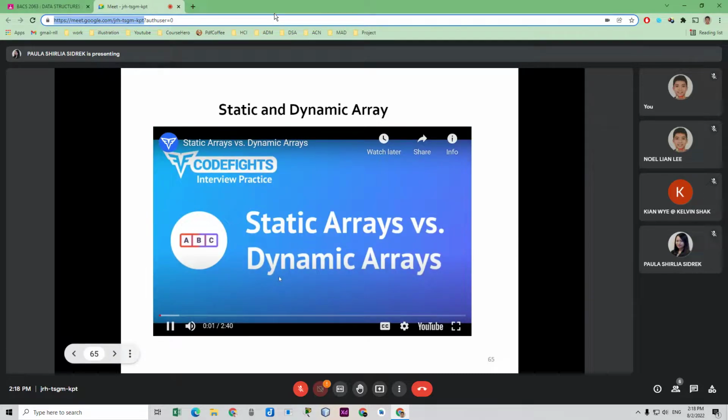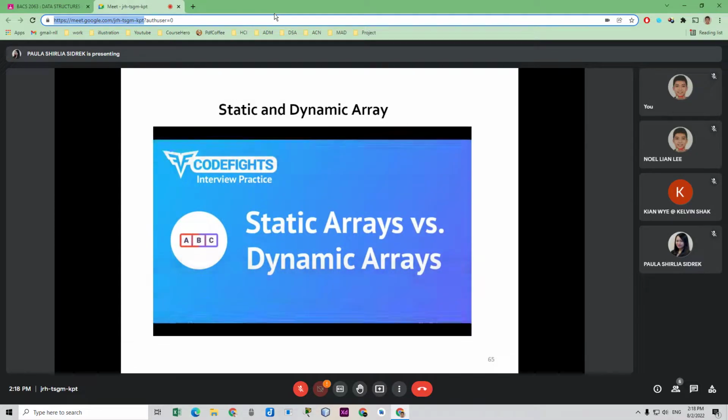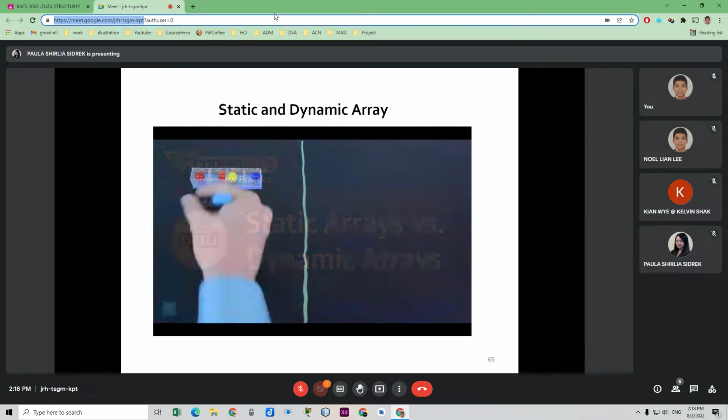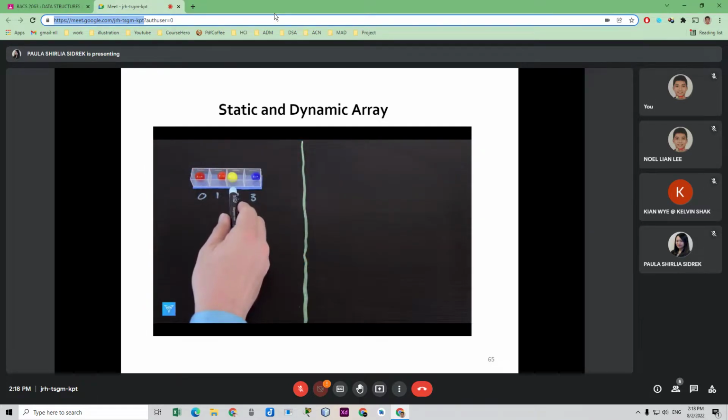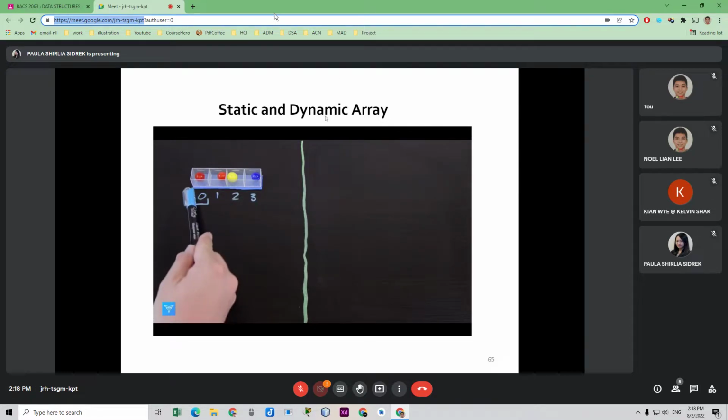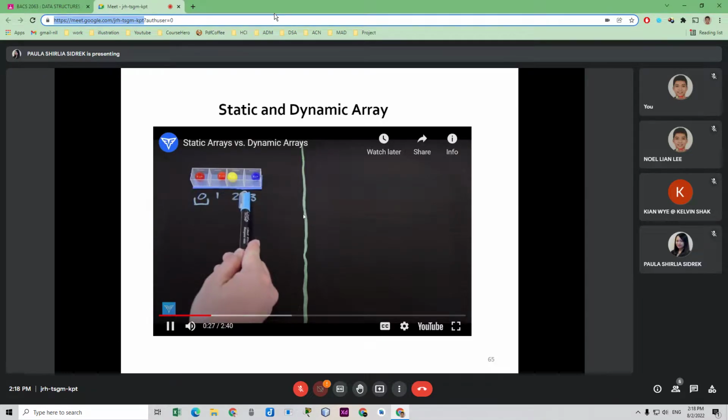Welcome to CodeFight's interview practice. In this video, we will review one of the simplest data structures, the array. Arrays are used to store variables, and the information is indexed to allow easy lookup. In this array, we would say the yellow marble is at index 2. By knowing where the array starts in memory and the size of each individual variable, it is easy to use the index to find the variable immediately. If we want to check the color of the marble at index 3, say, we can start at the beginning of the array, move down 3